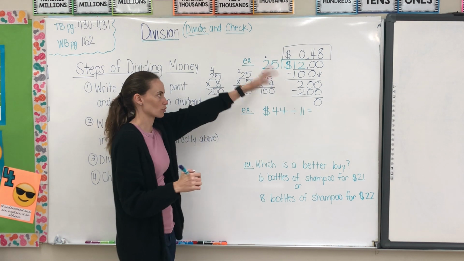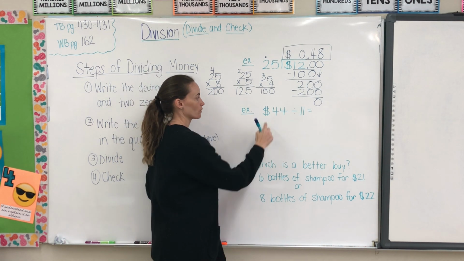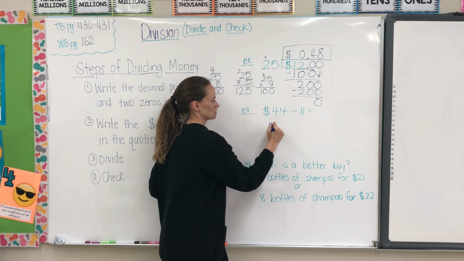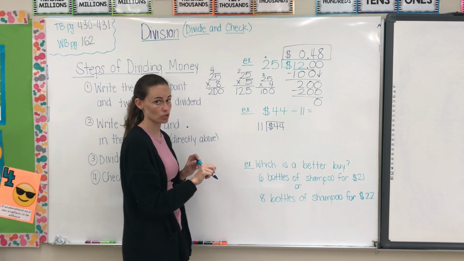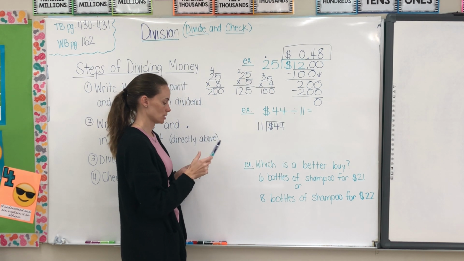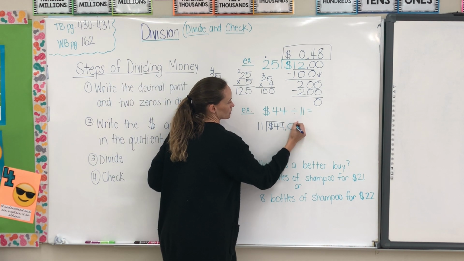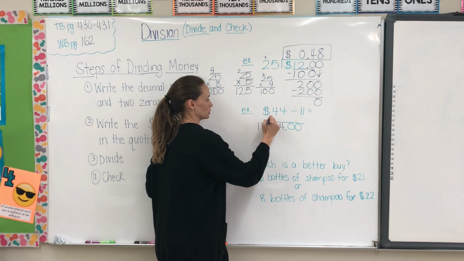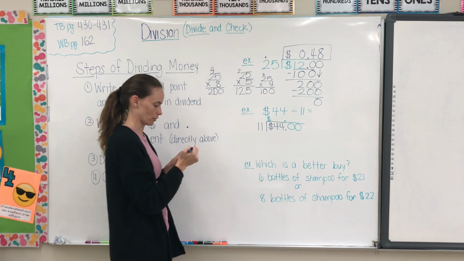Because you have to go through all these steps, you can't do it that way. So the first number they give you is what goes inside of the little house. $44 divided by 11. So the 11 goes on the outside, right? Our first step, we have to put the decimal point and the 2 zeros. Then in our answer, we have to put the dollar sign and the decimal point right above where they were,